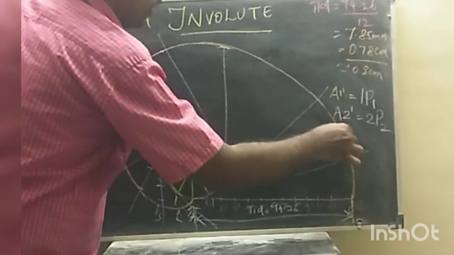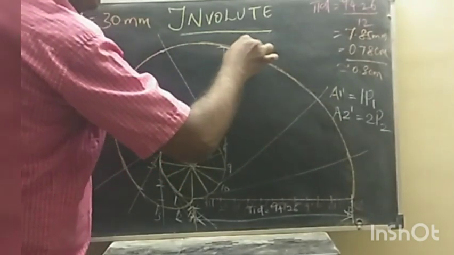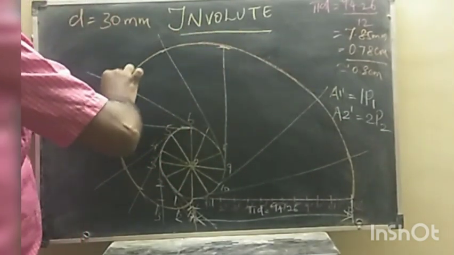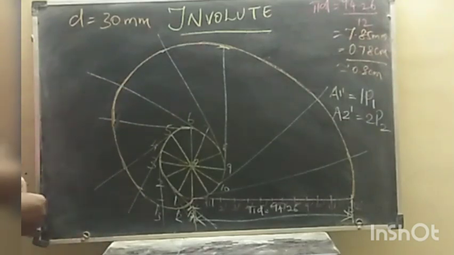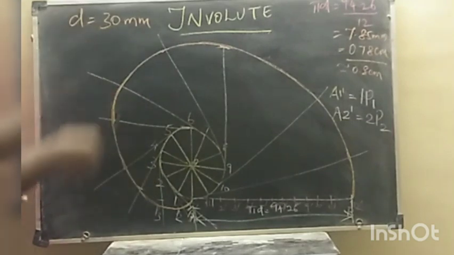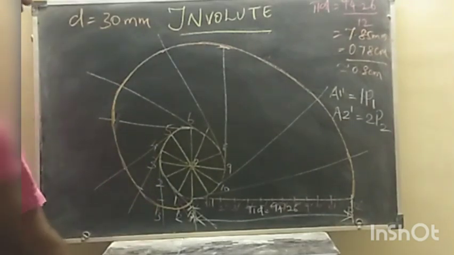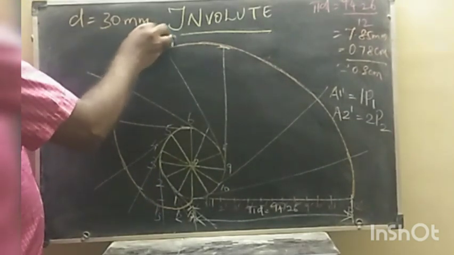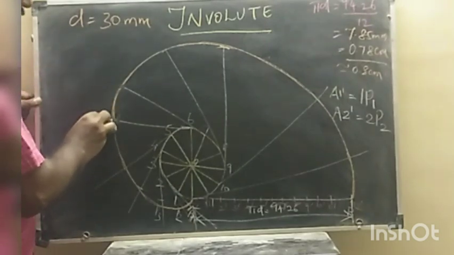Okay, you will get a wonderful shape of the curve, the involute curve. So like in this manner, and it starts and ends at the 12th point. So this is the normal shape of the curve. Once you draw the curve, try to erase the unwanted lines, then only your figure looks good and nice